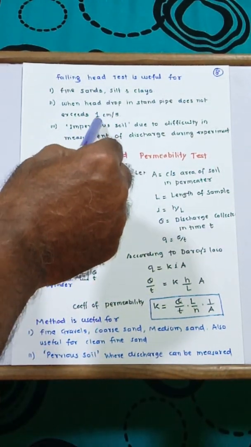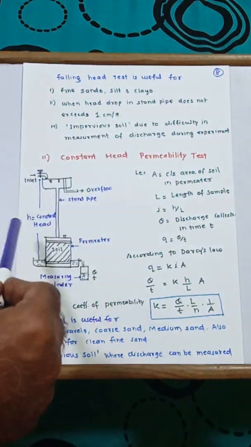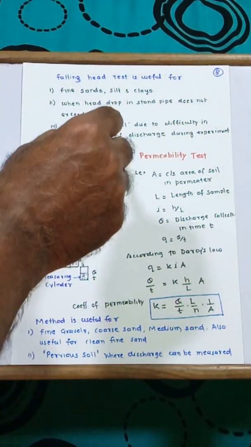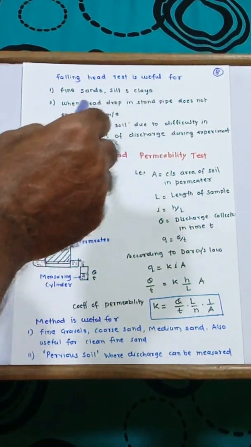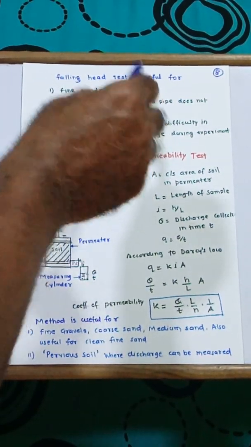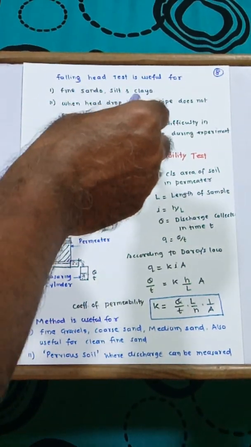Therefore the rate is controlled for this test at 1 centimeter per second, which gives the best performance. So according to this, it can be used for fine particles, including fine sand, silt, and the clays. And you know the size of all these as per our